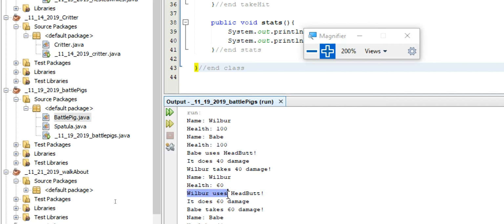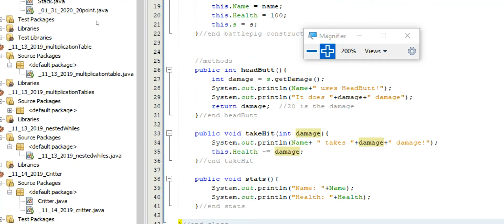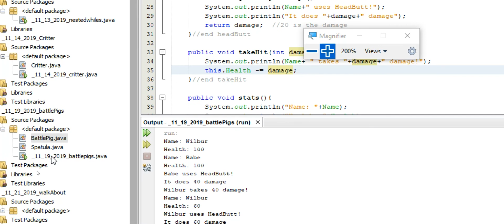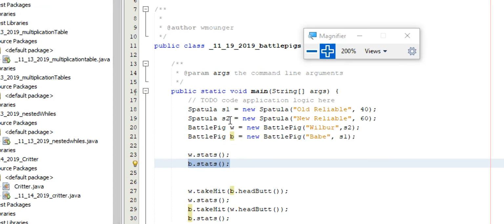Wilbur used the headbutt on Babe. Babe took 60 damage. And then you saw that Babe, boom, is down to 40 now. If they attacked again, well, it would be negative. I haven't really set anything up to deal with that, although I really should. I should have it here, if health is less than or equal to 0, that pig just died. There could be a lot more stuff we could add to each of these, honestly. More abilities, more things. And of course, I'm doing all this in the main, where I just am trading blows